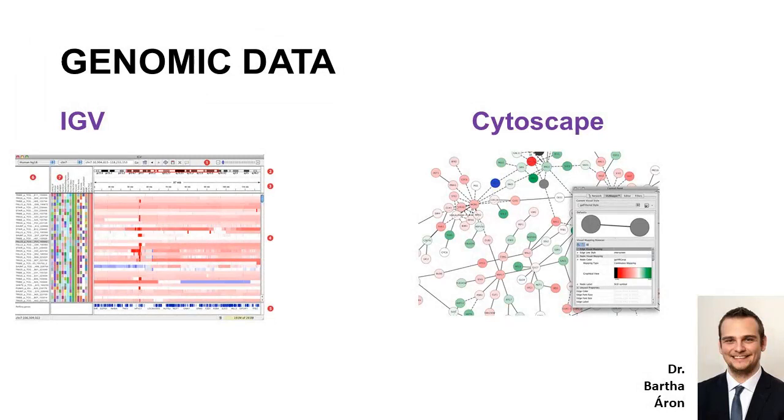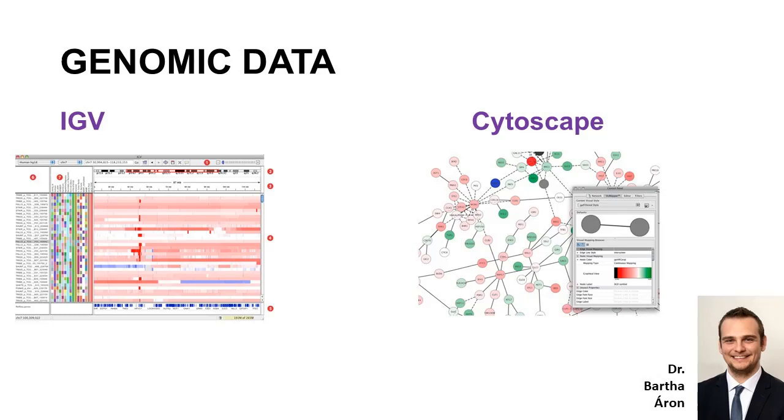For genomic data visualization, we will show you the IGV and Cytoscape softwares. IGV, or Integrative Genomics Viewer, is a high-performance, easy-to-use, interactive tool for the visual exploration of genomic data. It supports flexible integration of all the common types of genomic data and metadata, which is investigator-generated or publicly available, and can be loaded from local or cloud sources.